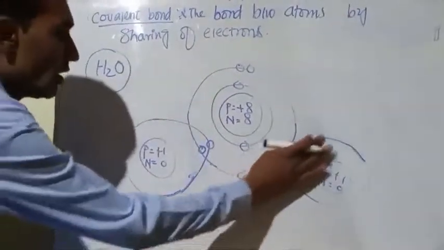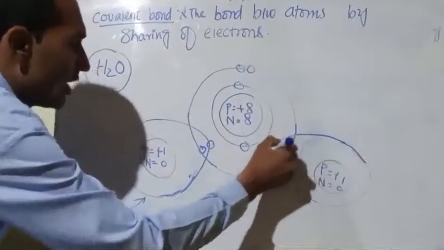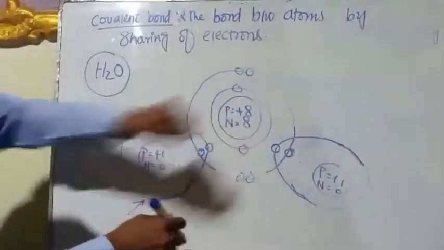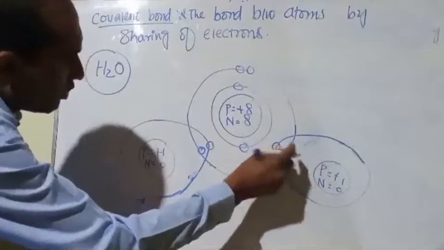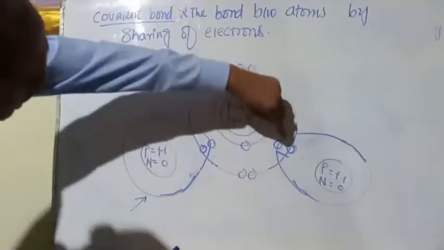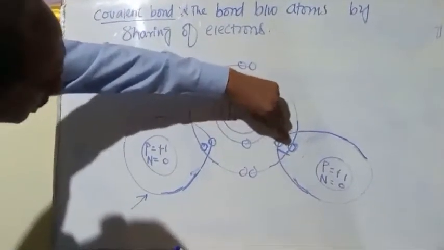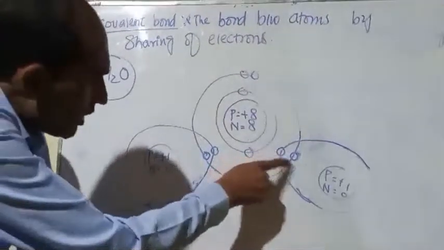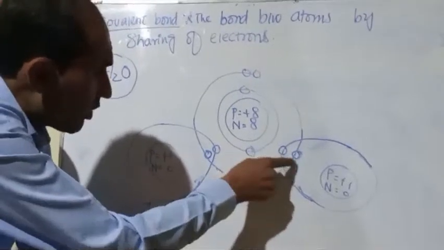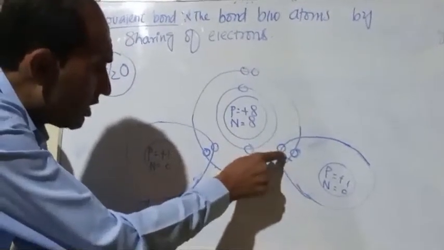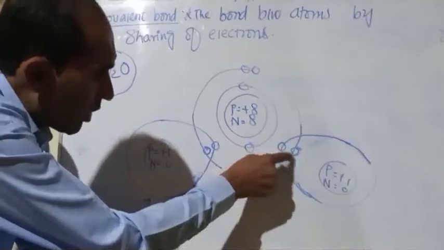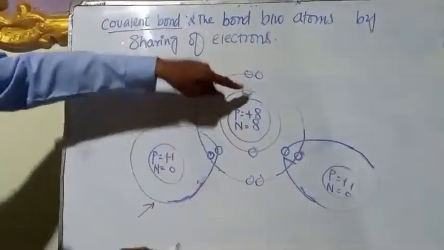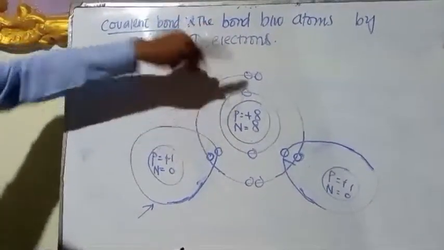Now this hydrogen will also share 1 electron with the oxygen atom, and this is also known as covalent bond because in this bond electrons have been shared between oxygen and hydrogen. It means hydrogen and oxygen have shared 1 electron with one another, and both electrons are counted for hydrogen and also for oxygen. Now we will count the electrons for oxygen and for hydrogen.